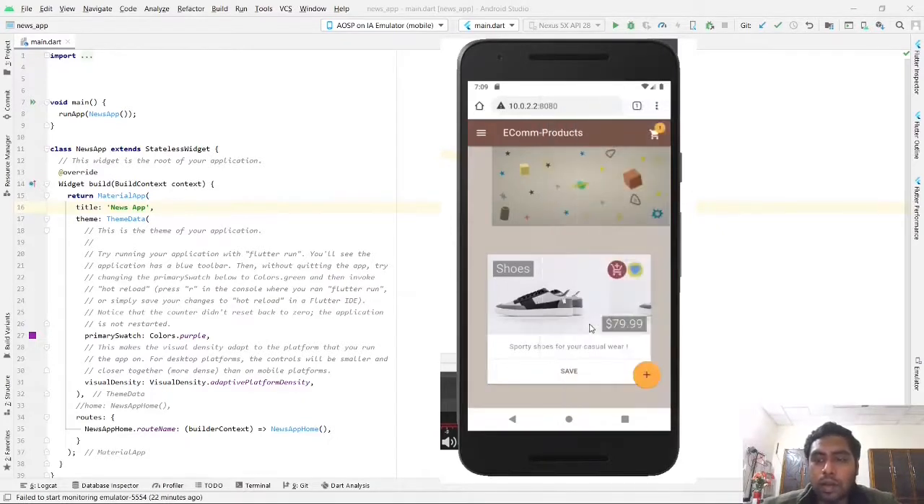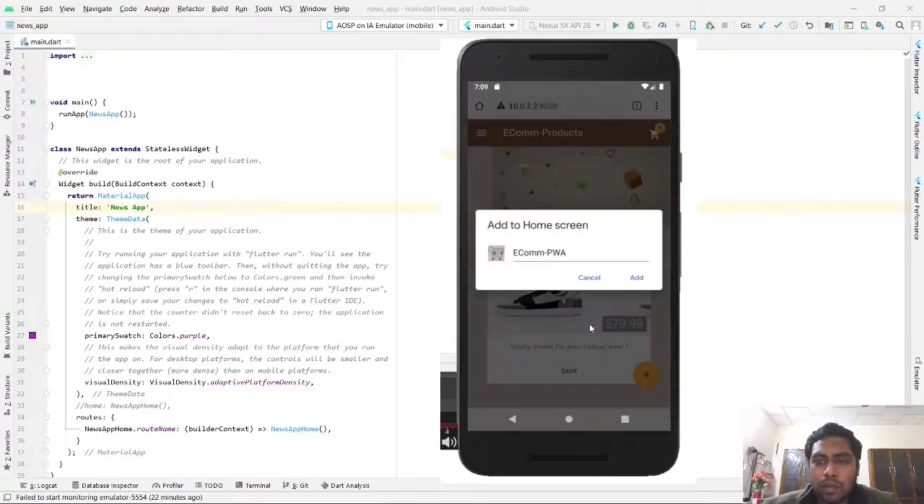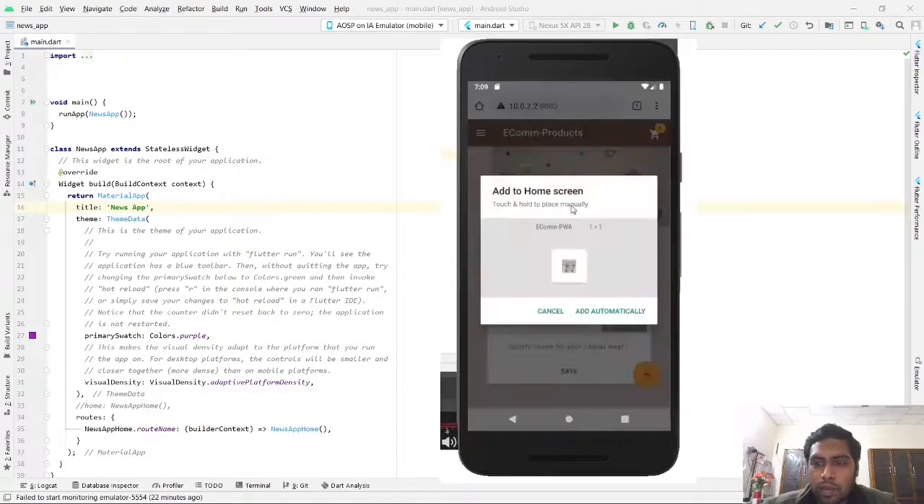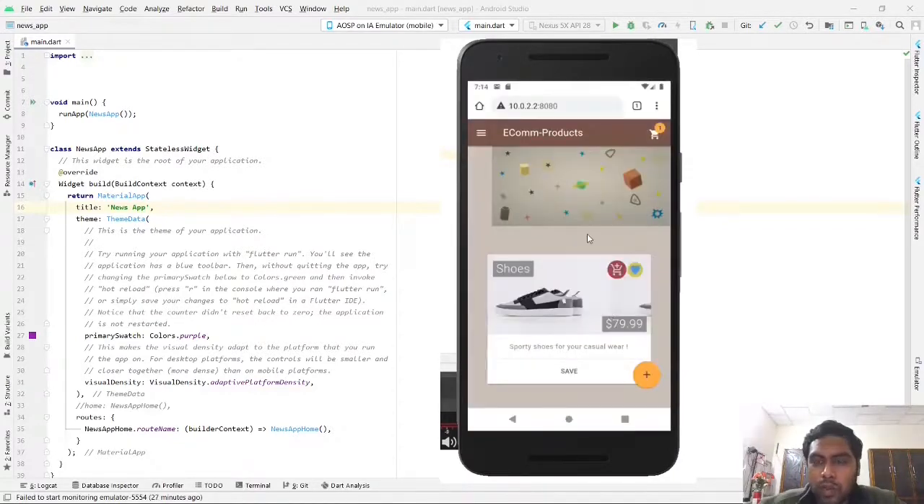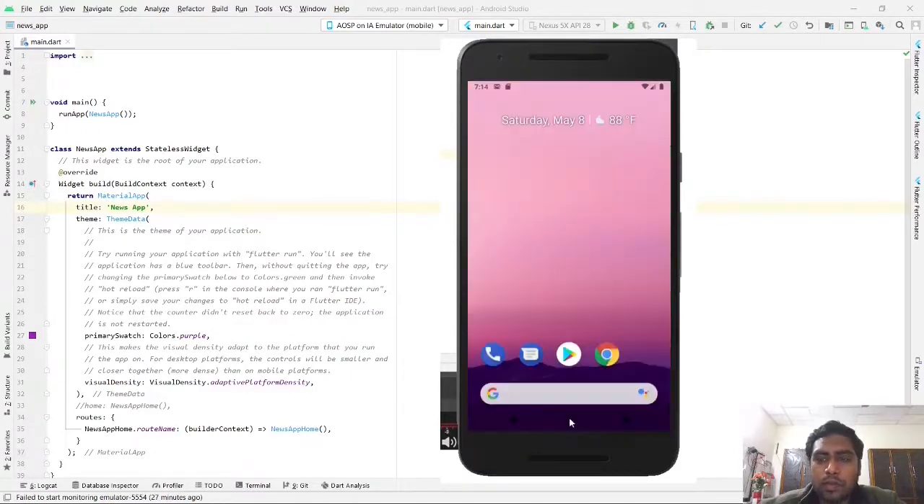So let's try to add it manually with the add to home screen button. Let's click on that. You have the option there. Let's add it. Now we have another prompt, add automatically. Now let's go to the home screen and see if the app is installed. There you see, we have the EComm app installed there. If we click on it,